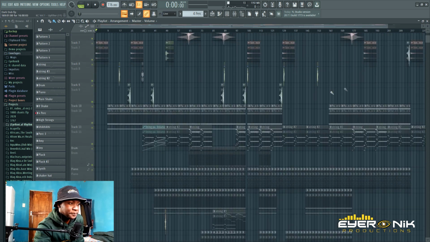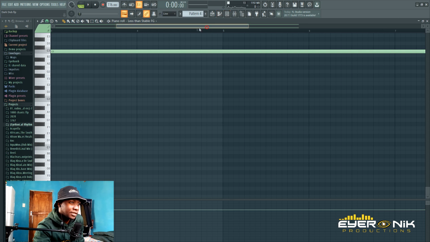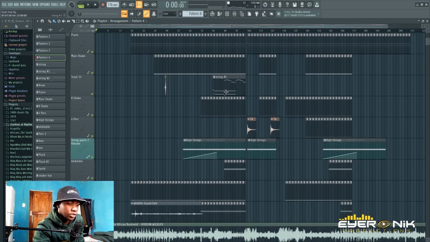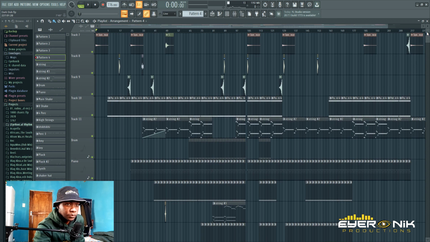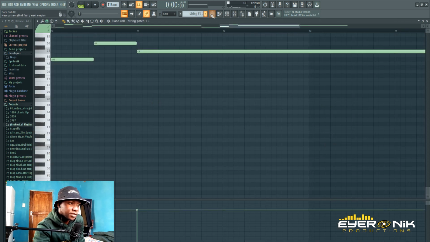So I have one. Okay, this is just a pad. I have one string, and two, and three. So there's three different strings. The first one, the progression here is